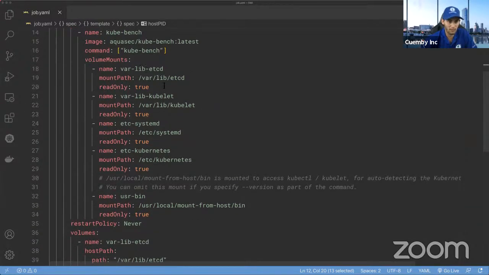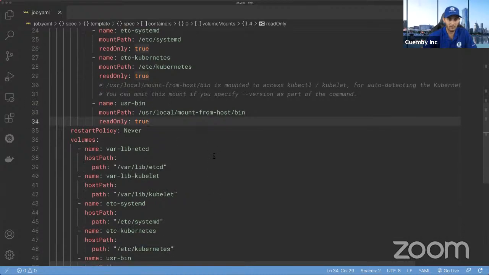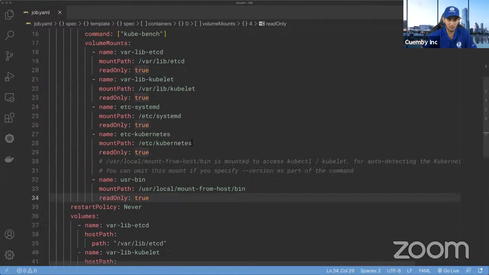We're mounting a couple of volumes, which is interesting because we need to actually have access to these files in order to check them. There's nothing really critical here; it's not a dangerous volume mounting. Everything is read only, as you can see here, so we're not trying to take advantage of anything. It's just getting those tools. And then we have the user bin, and in that user bin is where we're running all the stuff. So like I said, a pretty straightforward job, right?